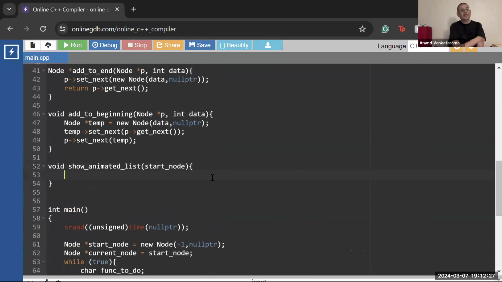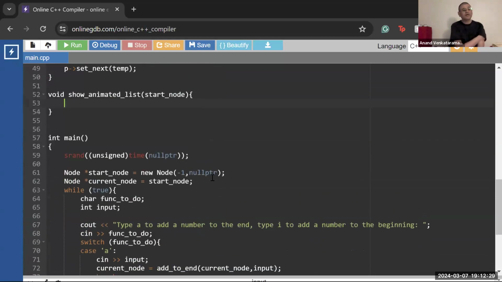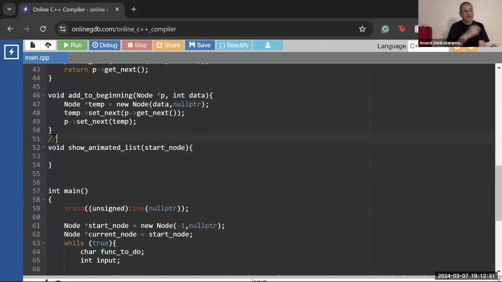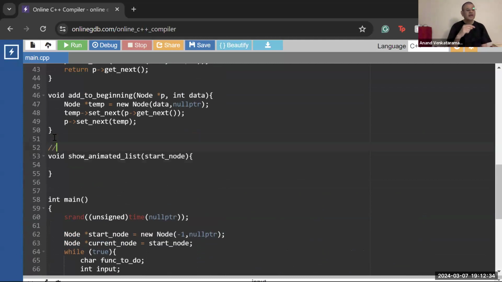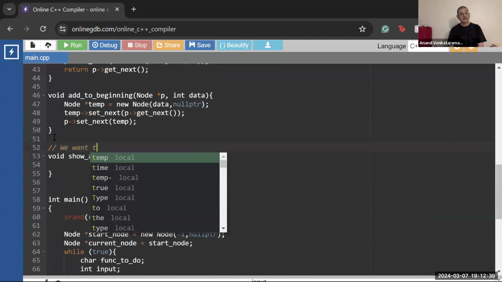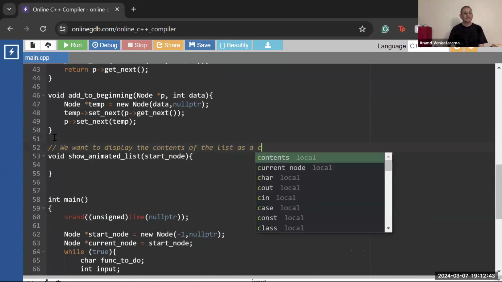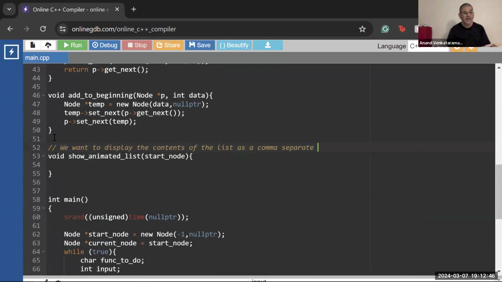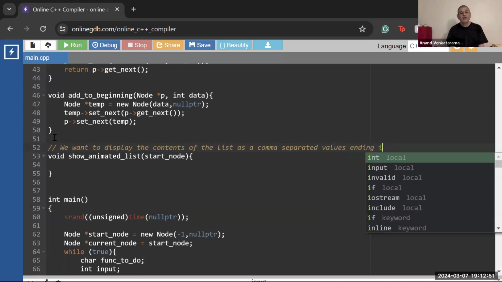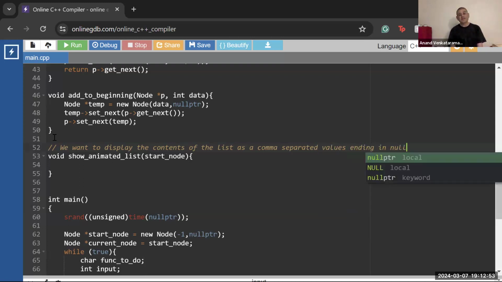All right. Okay. So it's a comment on line 51. Go to line 51. Hit enter. Enter one more time. One more enter. Right. Now start the comment and say we want to display the contents of the list as a comma separated bunch of values ending in null. Uppercase NULL, right? Or comma null, whatever it is. Right? On the next line,